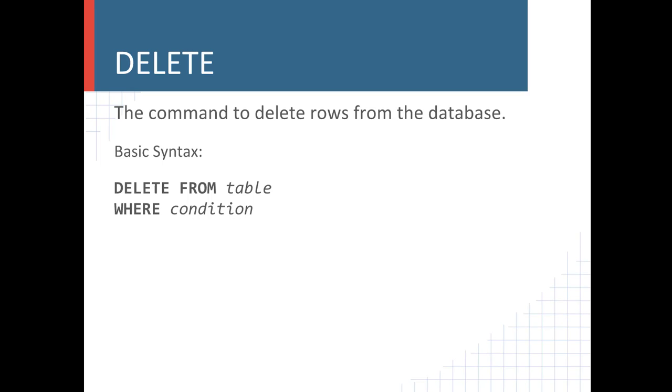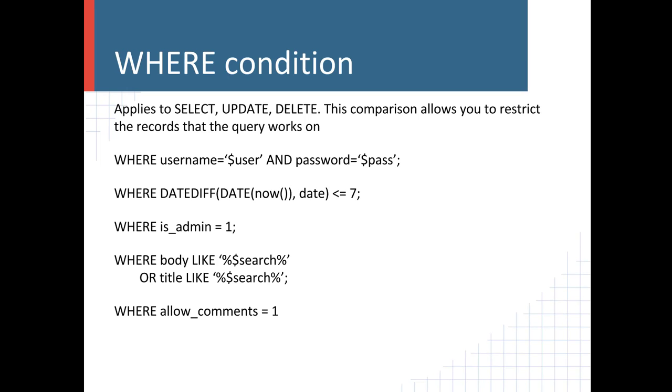Same thing with the delete. Knowing which row to delete by its ID is the easiest way to grab the specified data targeted for deletion. If the where phrase is not specified, you will delete all of the rows of data. No bueno. As I mentioned before, the where condition applies to select, update, and delete, and this comparison allows you